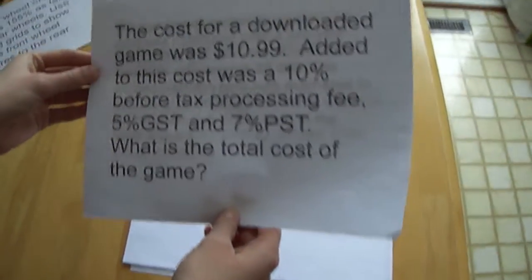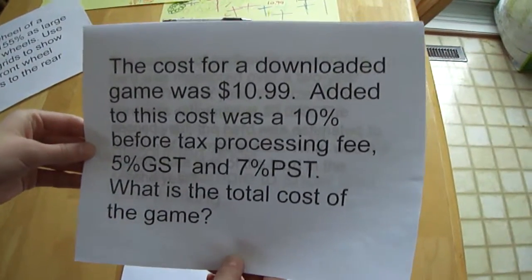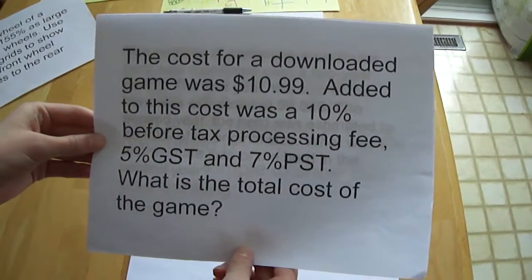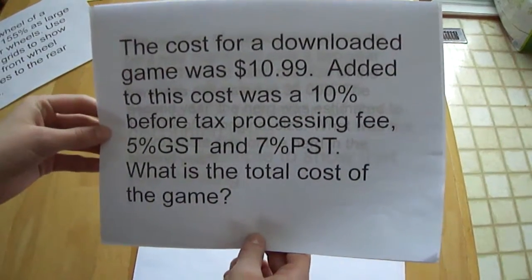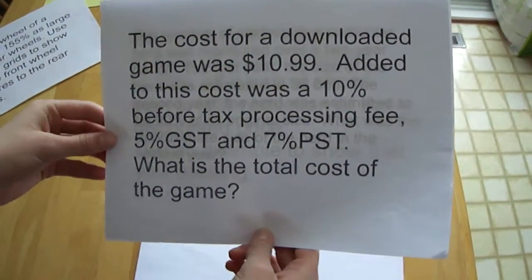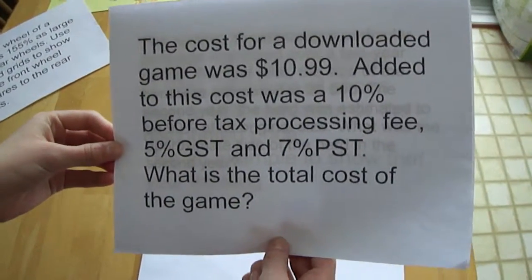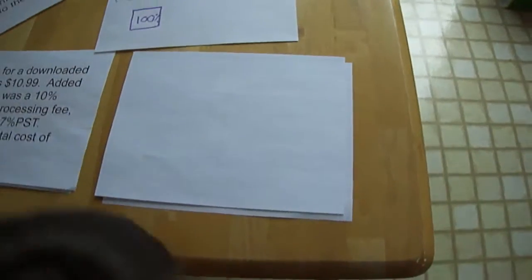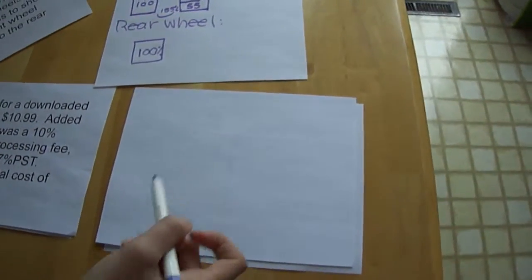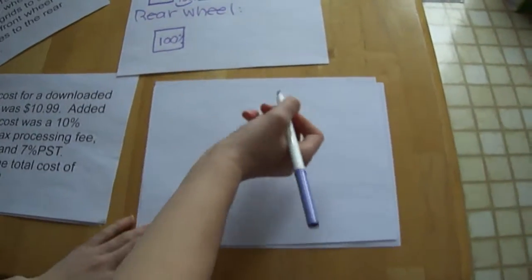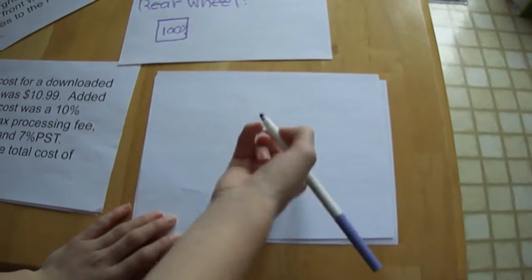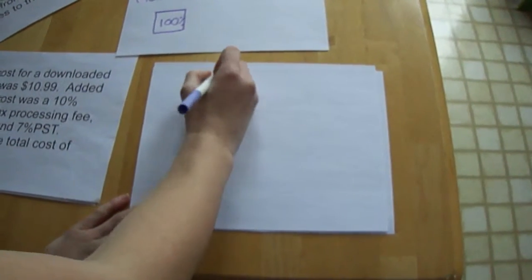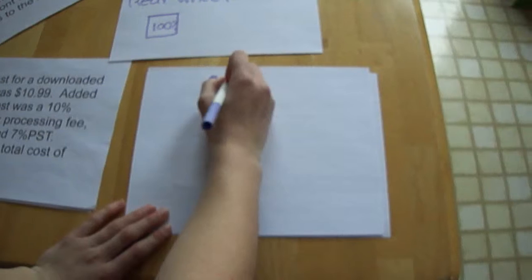Second question, the cost of a downloaded game was $10.99. Added to this cost was a 10% before tax processing fee, 5% GST, and 7% PST. What is the total cost of the game? So once again, I have my paper, and first I'm gonna use this. I'm gonna do a decimal for this one, and for that I need to write down our